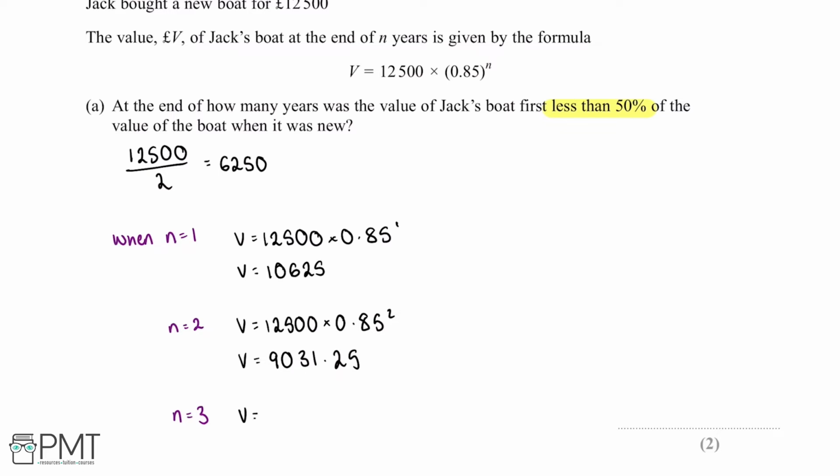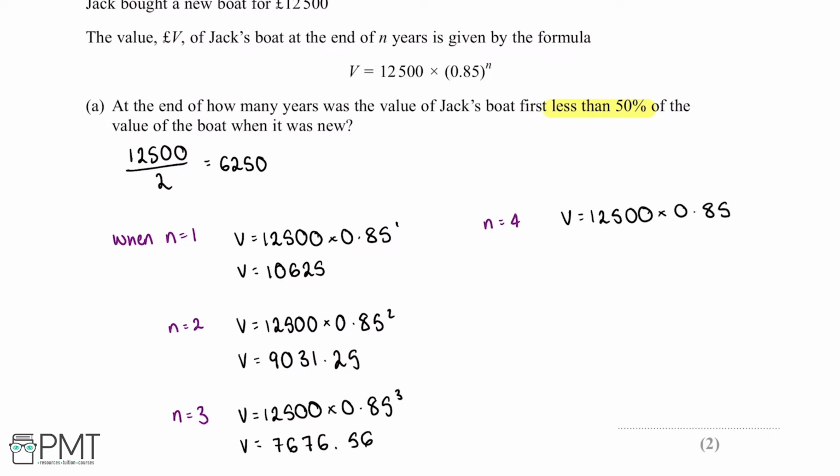So when n equals 3, V equals 12,500 multiplied by 0.85 to the power of 3. And this gives us a value of £7,676.56, which is also not less than 6,250, but we can see we're getting closer to the value now. So when n equals 4, V will be equal to 12,500 multiplied by 0.85 to the power of 4, and this gives us that V is equal to £6,525.08. However, this is still not below